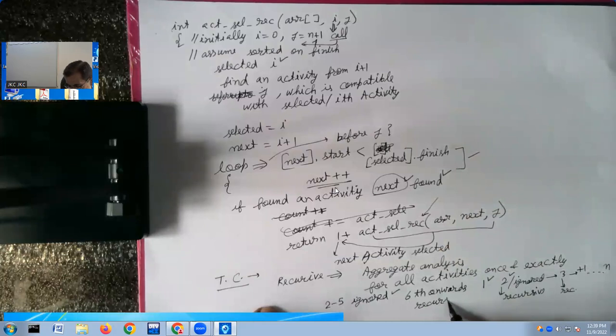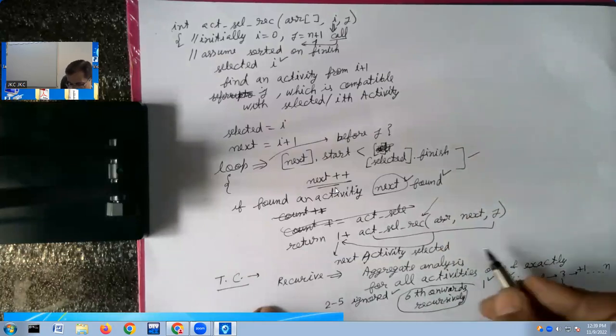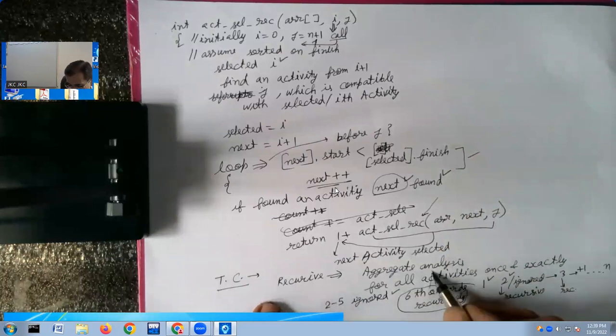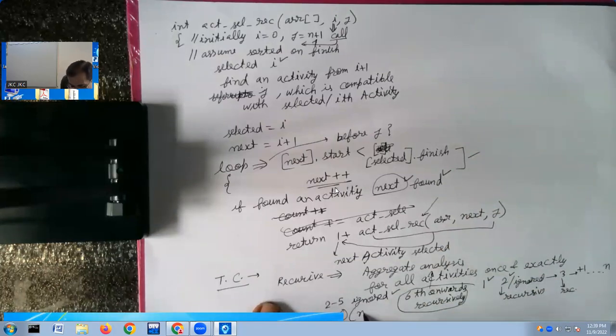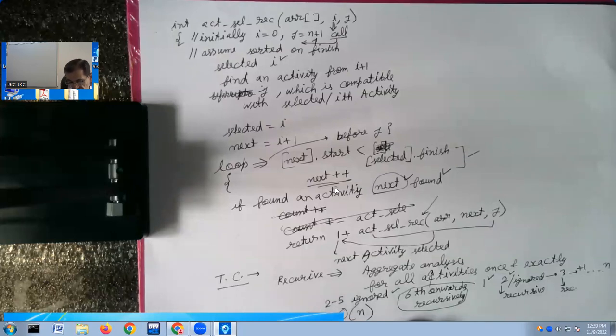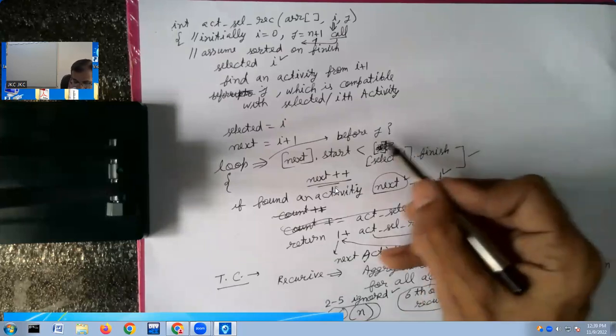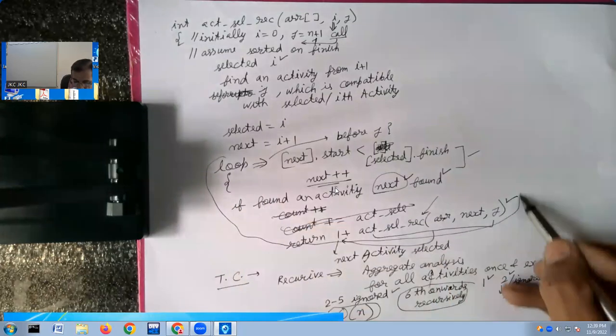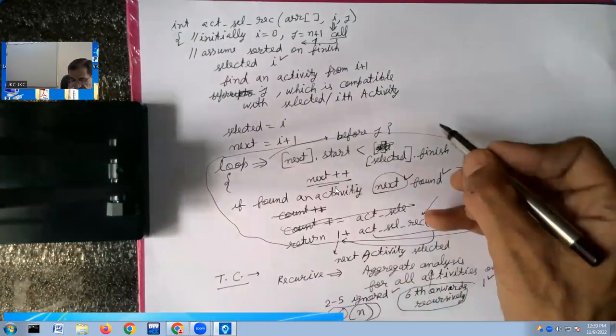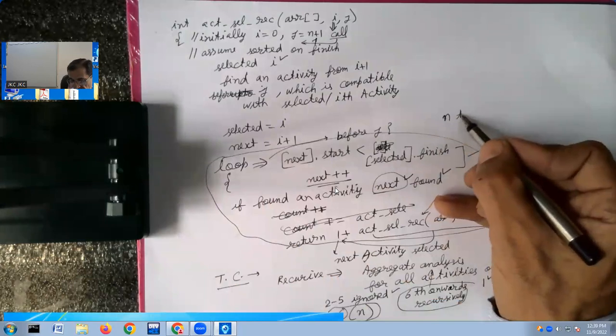And if that recursive call comes, 6th onwards, still I can say aggregate wise, my total analysis means order of n only. To be precise, only n times the loop will execute in total, including recursion call also. So this whole totality will execute by all recursions n times,